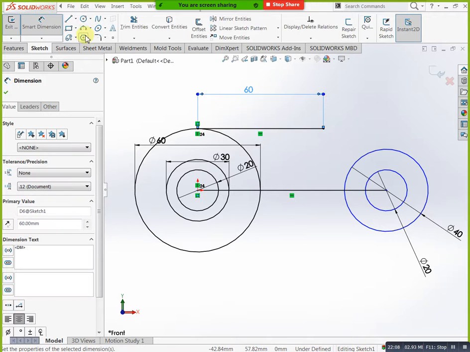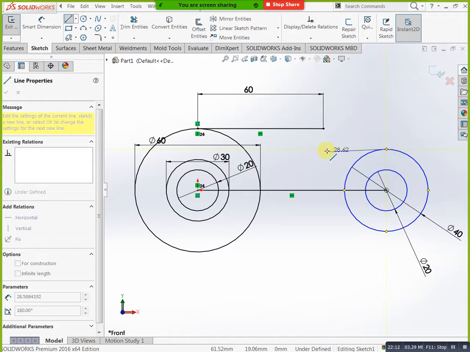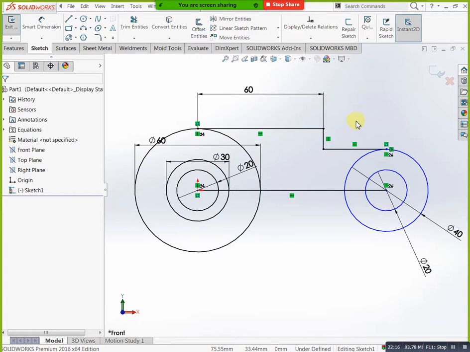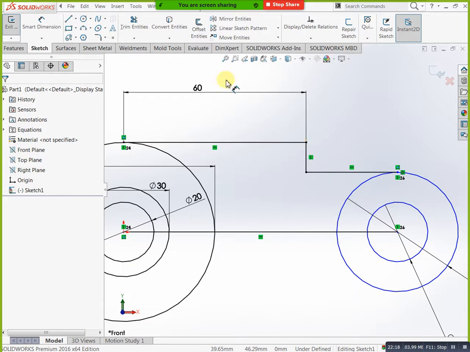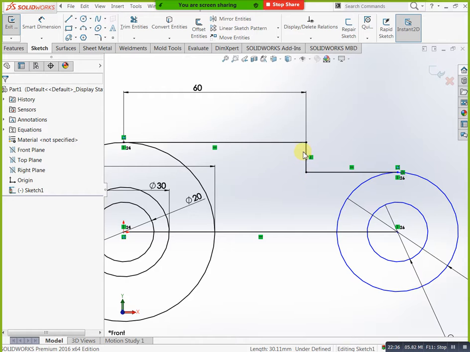Okay, this type of condition, this side we have 10 distance, 10 difference here to here. And here you have 15 radius. How can you tell? By using arc we can try. 3-point arc, select this one point, at the same time you can take this point and you can apply like this. Okay, at the same time you can take smart dimension here to this line. We need to mention 15 radius now this side, like an elliptical fillet.